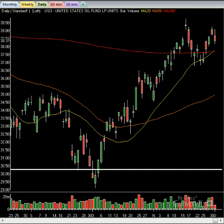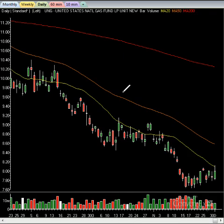Natural gas. Natural gas continues to be a great play here. Again, we picked up, and I gave the alert if you were a Research Center member. And the Research Center is geared more towards swing traders and investors, people that work during the day. It's also good for day traders, but we have the intraday stock chat for them. What I gave out here about a week or so ago was an alert to buy the UNG. Love the UNG, guys. And the UNG alert went out at around